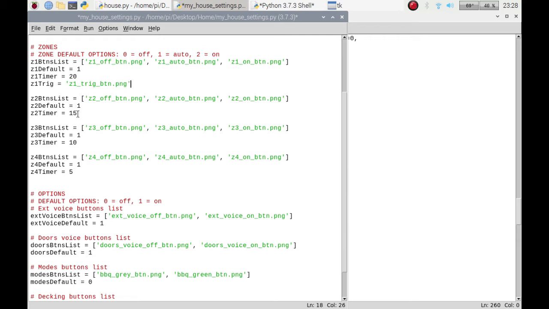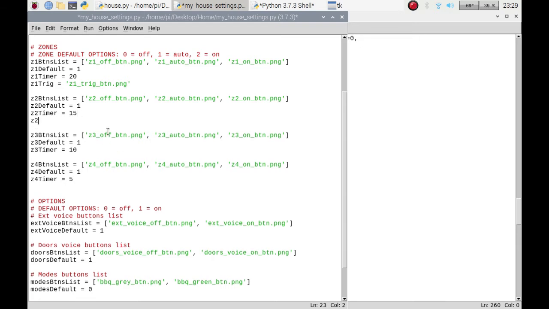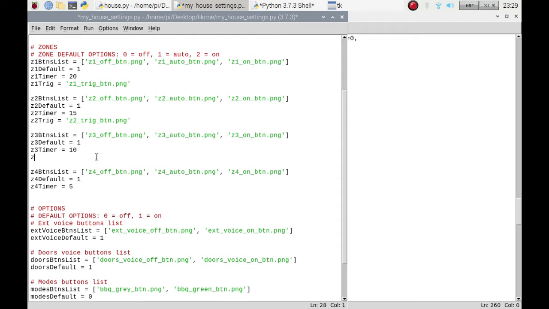I've got the same ones for these other ones, so we'll do the same here. Zone 2 trig, Z2 underscore trig underscore btn.png, and same here for zone 3, Z3 underscore trig underscore btn.png,